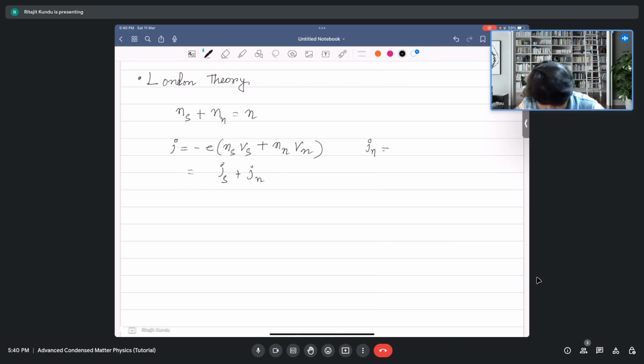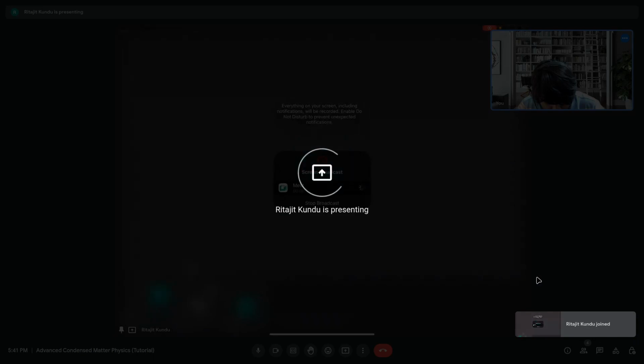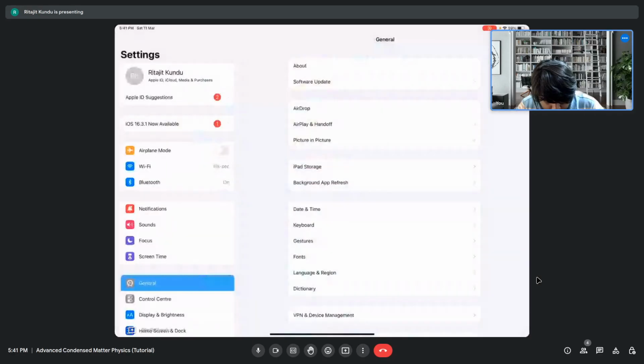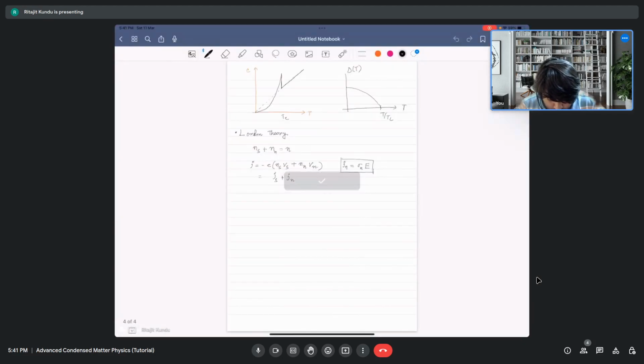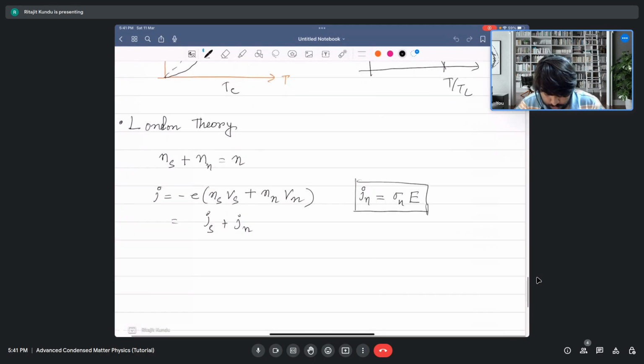So my screen is actually screen got stuck. Yeah, my screen is freezing. So let me actually really join again. Okay, I hope this will work now. Okay,